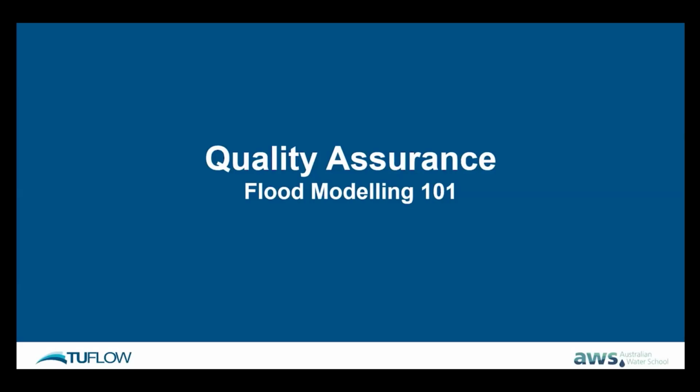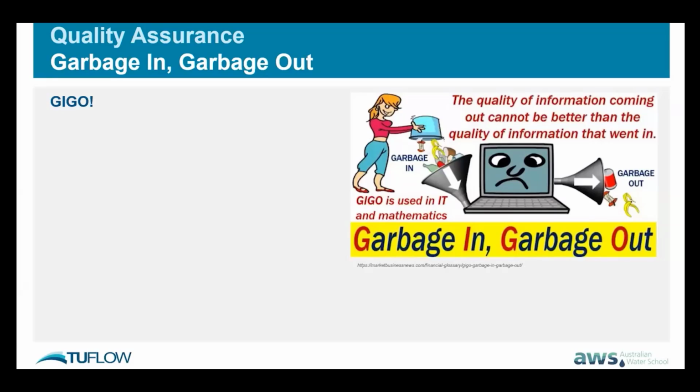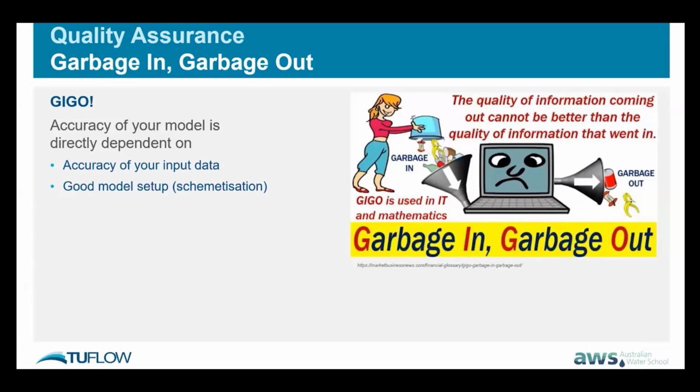Okay, so quality assurance. What are the key points when it comes to quality controlling your model? Basically, look, it's quite simple. It's just basically garbage in, garbage out. You feed bad data into your model, you're going to get inaccurate results come out. And sometimes if you're just doing very high level modeling, you just want to get a feel where the water's going, and you're not going to use it for council planning purposes, for setting building floor levels, or for an impact assessment, that could be fine, having inaccurate data feeding in. You just want to get a feel where things go.